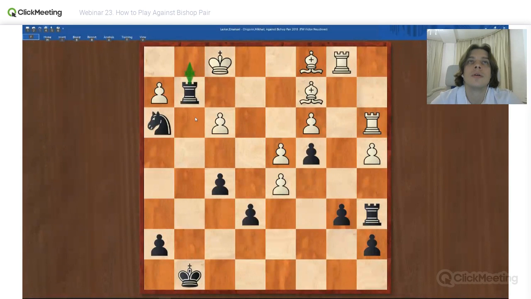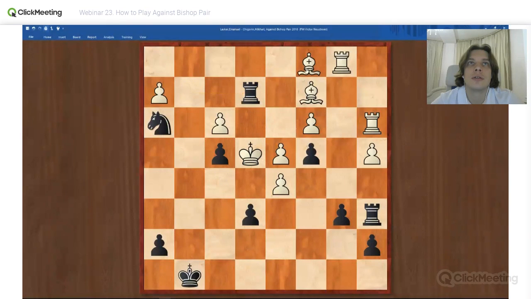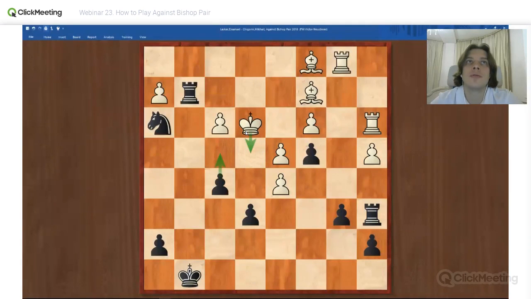True. Okay, what can he do? e3. Yeah, he can move to e3. And if so, what can we do? What do you think? Oh, f4 doesn't work because the king escapes to e4. Okay. Actually, f4 works. King escapes to e4, but rook e2, and that's a checkmate. Okay, so it looks like king e3 is a wrong move.